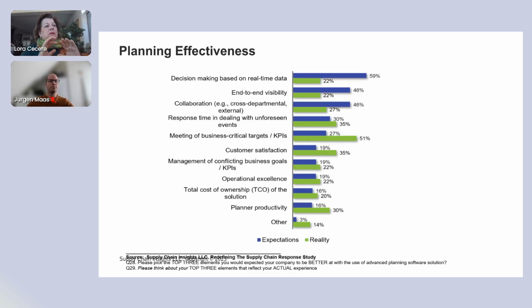data. The other thing that supply chain planning tools are very focused on is end-to-end visibility. So blue is the expectations, green is the reality, and you can see there's a big gap there on end-to-end visibility. And the reason is that we say we have end-to-end tools, but we really don't. DRP, or distribution requirements planning, has nothing in common with TMS or transportation management. And we don't have a good planning master data layer to allow us to look at what's happening in the